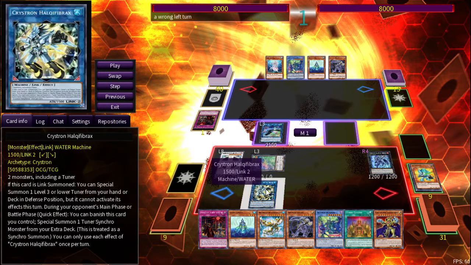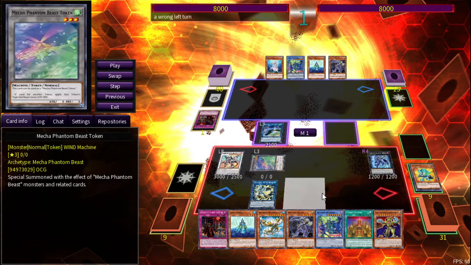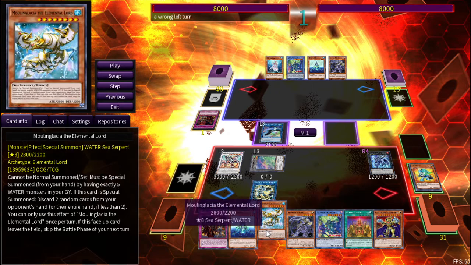Alright, Borreload Savage Dragon. Keep in mind this was all anti-Nibiru, because this could have easily been that under the 5 summons. And so now it looks like, well, at least you drew 2 cards, you have an Omni Negate, and maybe whatever else you have in your hand here. But if you think about it this way,